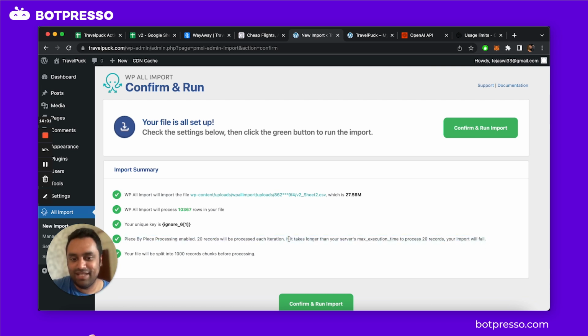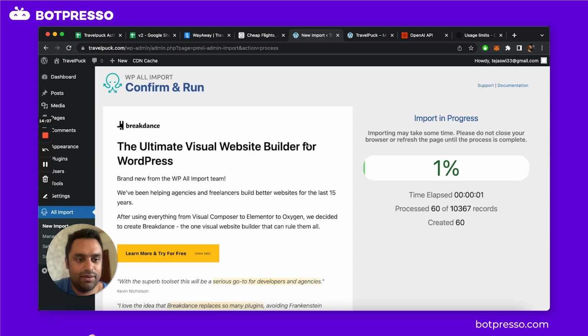So let's go ahead and run it. Confirm and run import. And there we go. The import has begun. So 160 posts already created out of